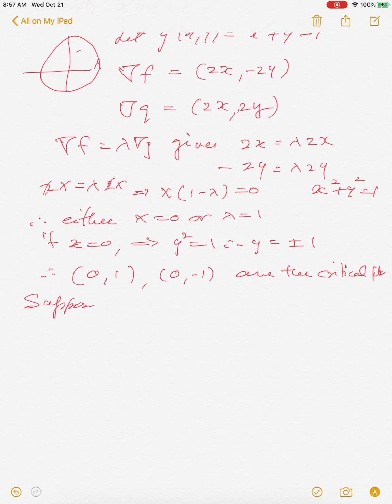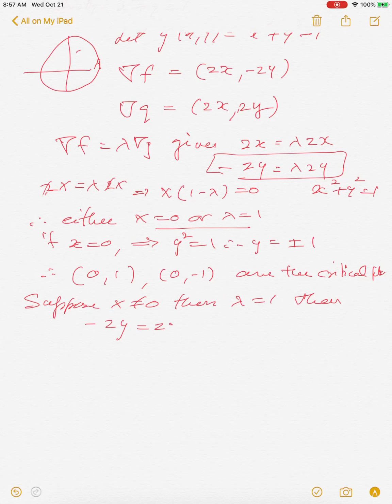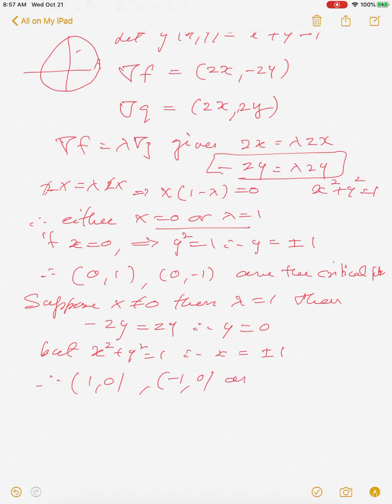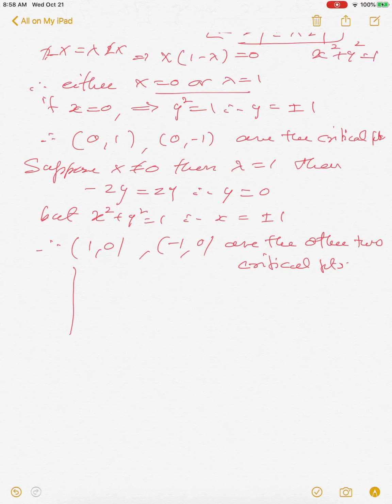So now we want to explore the other possibility. Suppose x is not 0. Then lambda has to be 1. But then you look at the second equation: −2y must be 2y, which implies y is 0. Good. But x² + y² is 1, therefore x is plus minus 1. Therefore you get the other 2 critical points, (1, 0) and (−1, 0). And now which ones are the max and which ones are the mins, that you can see by looking at